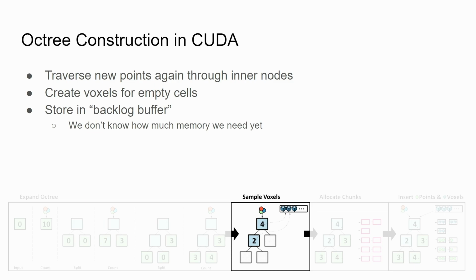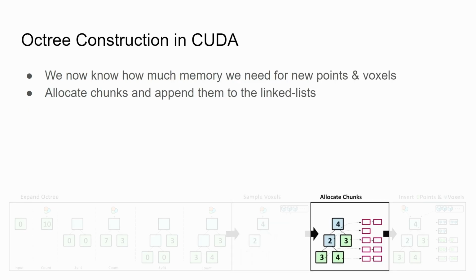And whenever a point hits an empty voxel cell in a node, we create a new voxel here with the point's color, and we store this new voxel into a backlog buffer. We cannot directly insert it into the octree yet because we don't have that memory. But here in the third pass, we now have sufficient memory, so we now know how much memory we need. So we can now allocate the chunks, link them together, and then in the fourth pass,